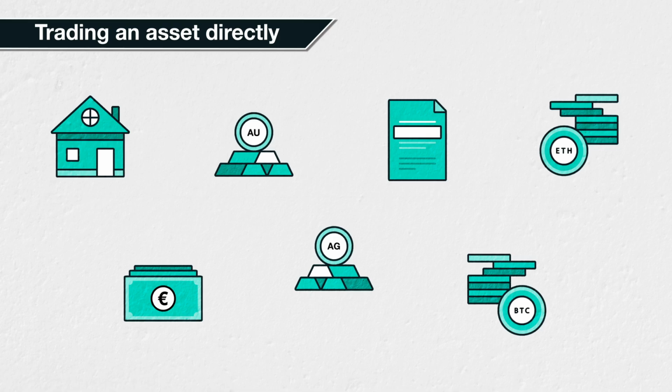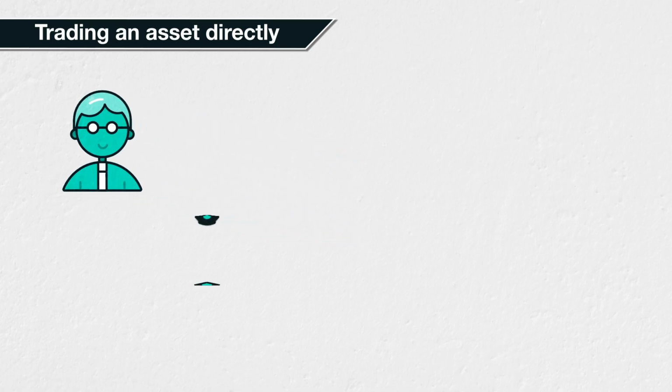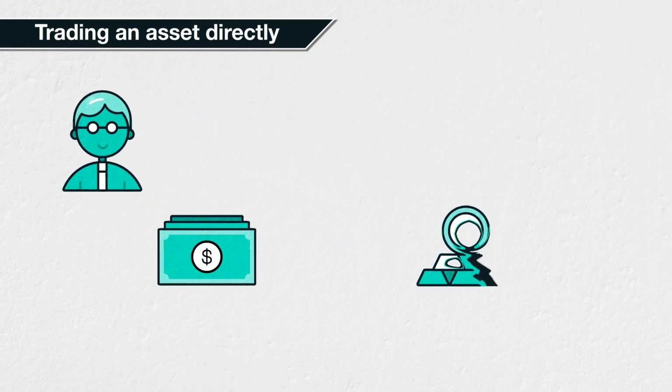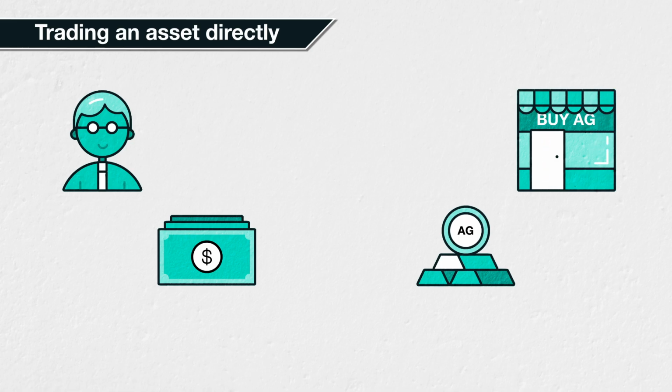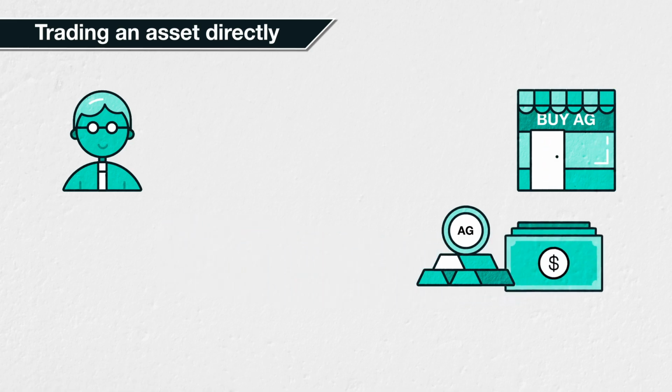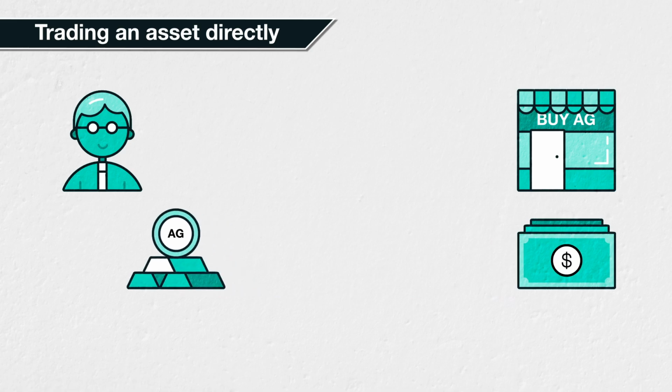When trading an asset directly, you will exchange the currency or asset you already own for another one. For example, you may have some dollars and wish to purchase some bars of silver. You may wish to do this because you expect these silver bars to appreciate in value. You'll go to a silver bullion dealer, pay them your dollars, and they will give you your shiny new bars of silver. You now own and possess the silver bars and no longer own or possess the dollars you used to pay for them. You have exchanged the dollars for the bars of silver in a single transaction with no